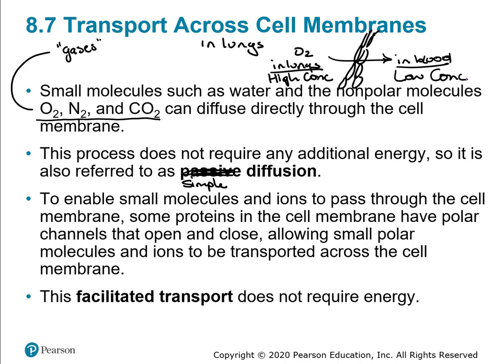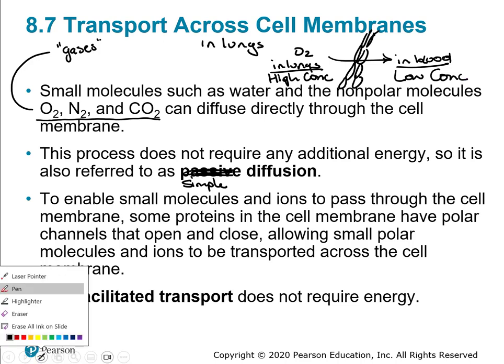Passive diffusion, it's simple, doesn't require any kind of work. Now, what's interesting is carbon dioxide goes the exact opposite direction. So carbon dioxide is dissolved in plasma, but it's in higher concentration because your cells make it. So your cells make carbon dioxide and it diffuses out of the cells and into your blood. And when it gets back to the lungs, carbon dioxide